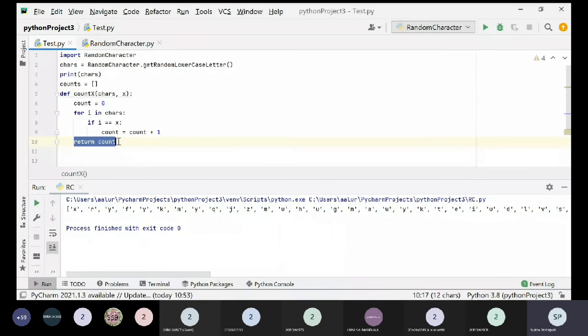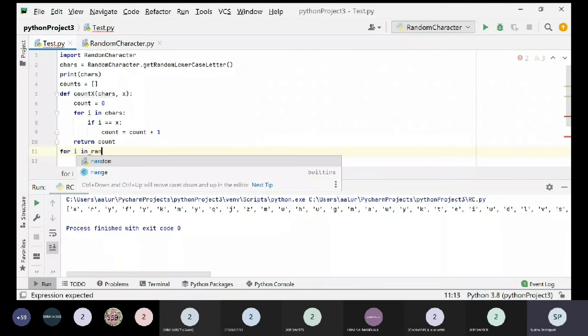There is something we need to do, because the letters inside these chars are in random order, but we just want the letters in sequence, starting from A. To do that, this is the logic that I adopted. You can also change your logic accordingly. If you have another algorithm, you can implement it.